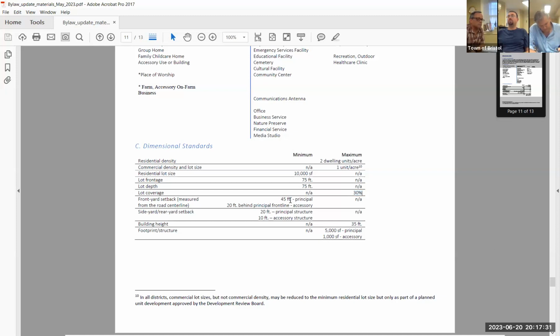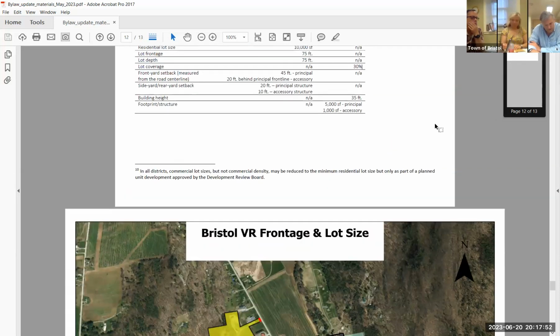And then there are very small differences in front yard setbacks and side yard, rear yard setbacks. So, given those objectives and guidelines, are you interested in changing the dimensional standard or the lot coverage? You guys want to see the map again?